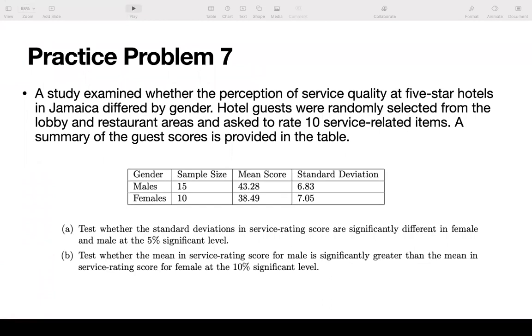I'll talk about the solutions now. So for part A, it asks to test whether the standard deviations in service rating score are significantly different in female and male at the 5% significance level. So here,